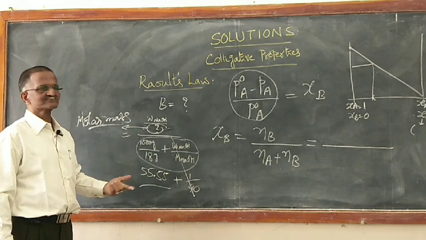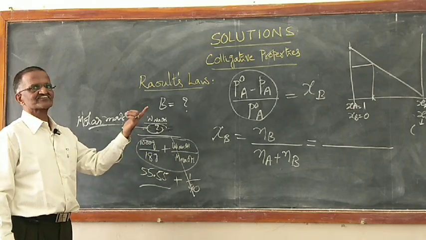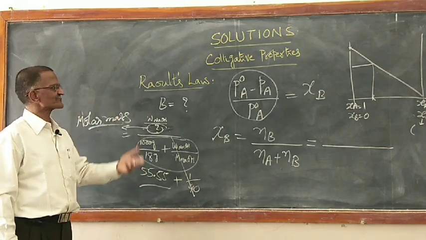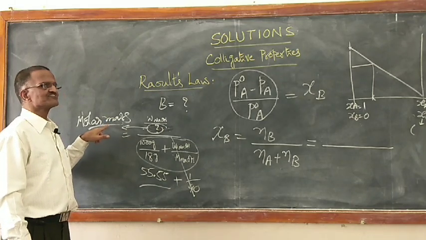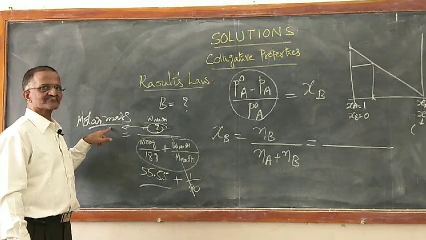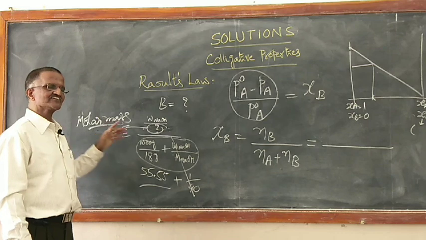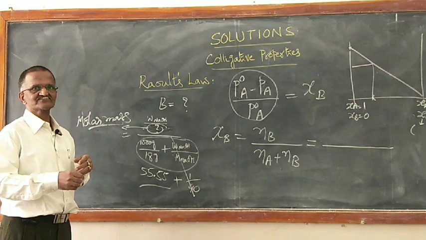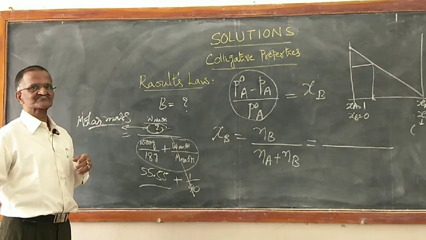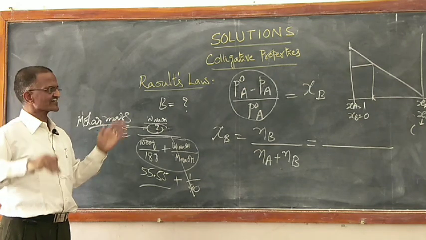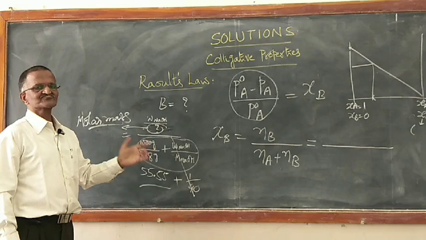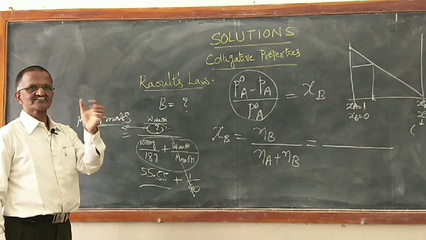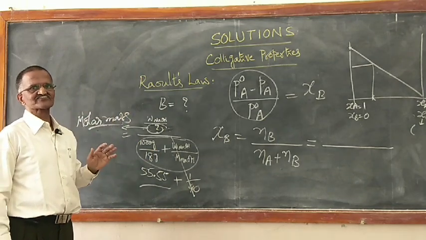We'll go ahead with some other colligative properties. With the help of those colligative properties, again, how to go to molar mass. Once we come to know what the molar mass is, then of course I can write the molecular formula of the substance. Once I know the molecular formula of the substance, it becomes easy to find out the molar mass. I need not do this experiment. So once I have the molecular formula of a substance, anytime I can find out its molar mass.